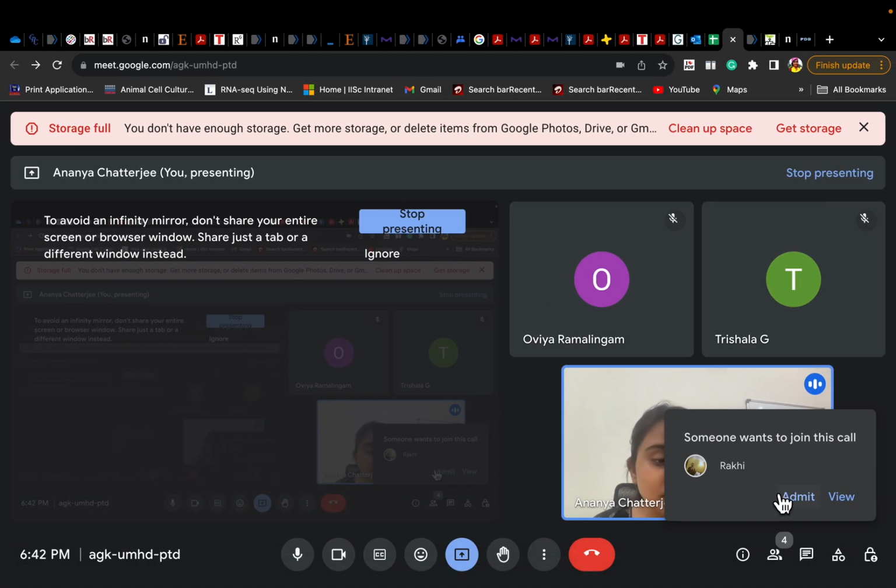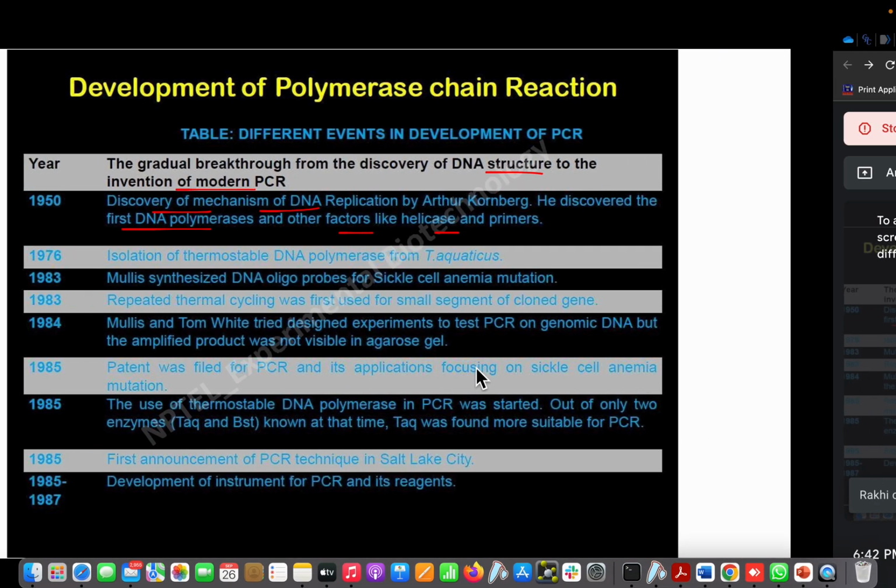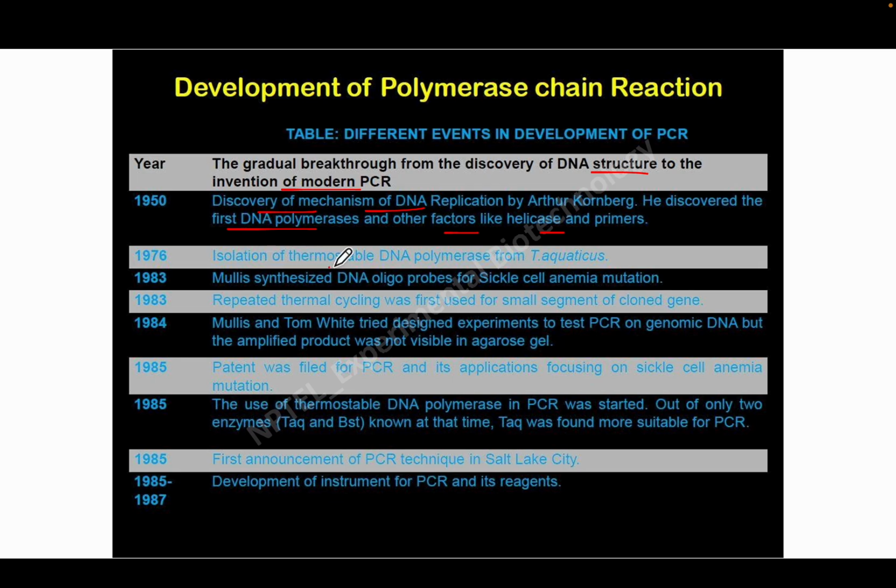In 1976, so what happened? Isolation of thermostable DNA polymerase from Thermus aquaticus. In 1983, Mullis synthesized DNA oligoprobes for the sickle cell anemia mutation. 1983 again, repeated thermal cycling was first used for a small segment of a cloned gene. 1984, Mullis and Tom White designed experiments to test PCR on genomic DNA, but the amplified product was not visible